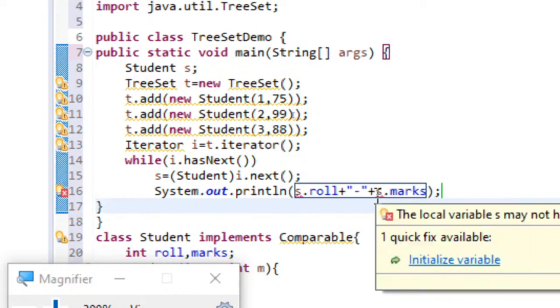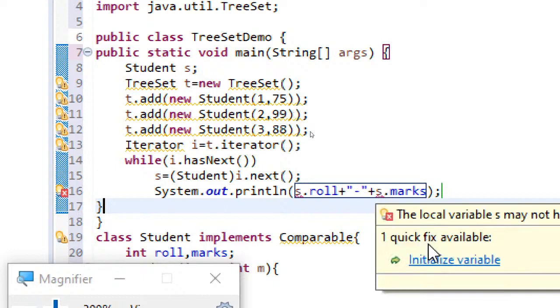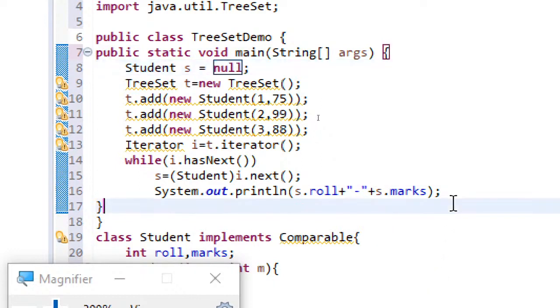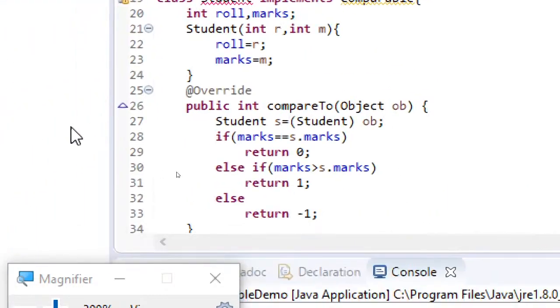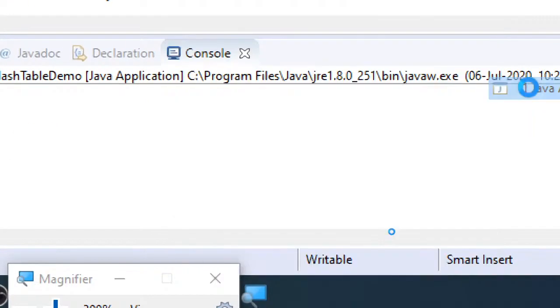What happened? Okay, just initialize it to null. Just use the quick fixes, whatever it gives, and let's run this and see how it runs.